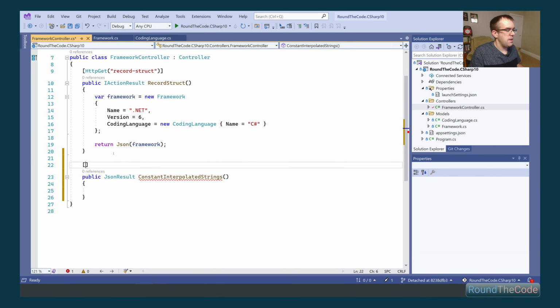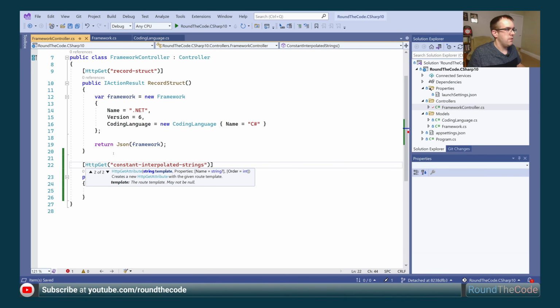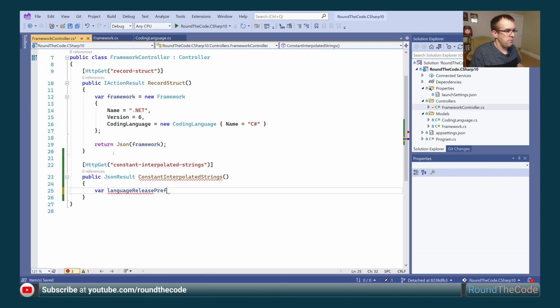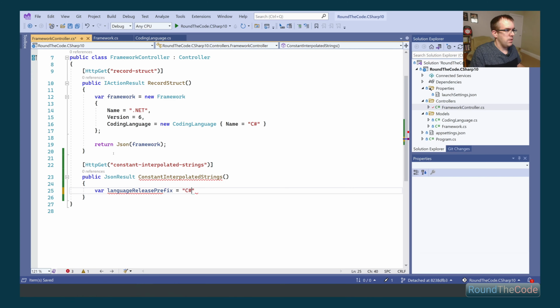And we're going to set the endpoint as constant-interpolated-strings with hyphens. So this was completely acceptable in C# 9. So we're going to declare two variables here, a language release prefix of C# 10, and we're going to go ahead and create another one.